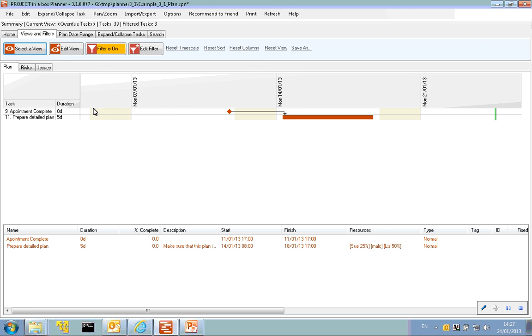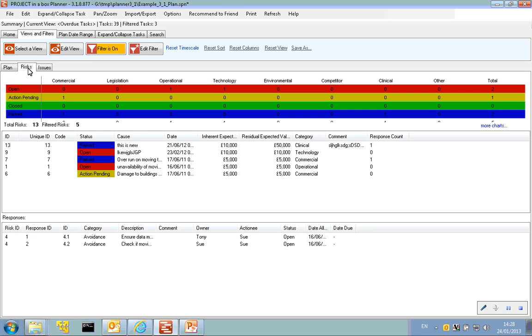So that's really quite a neat way of finding out what's going on in our plan. We have a very similar sort of idea on the risk and issues side as well. So as I come through to risks here, I can see my risk display. Same sort of thing here. I've got some risks and I've got some